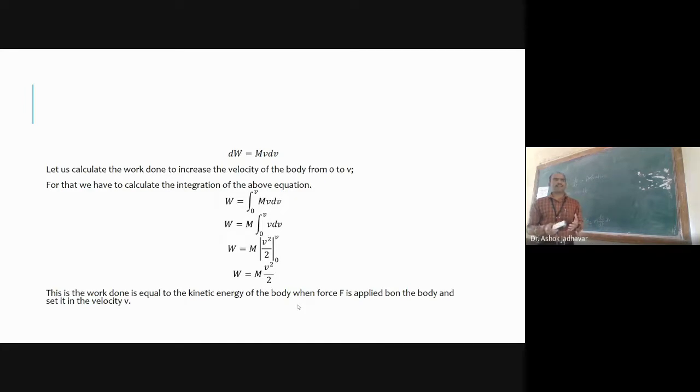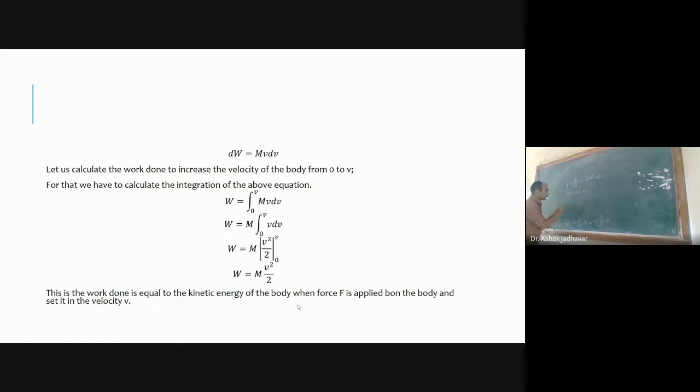So we can determine its small work done dW. If I want to know the total work done by the applied force when the body is moved from velocity 0 to some velocity v, we have to integrate the equation,